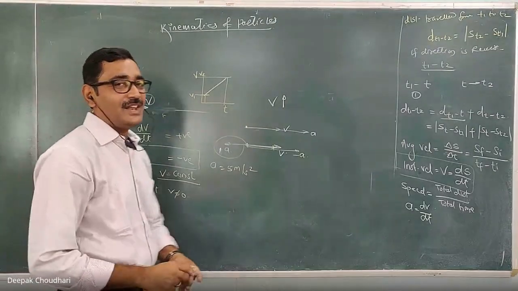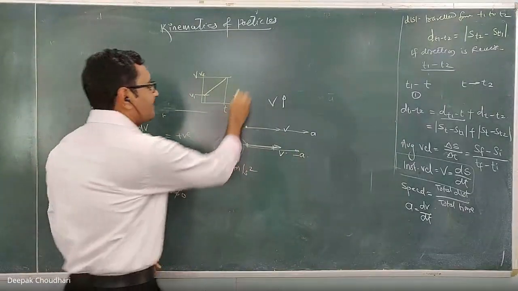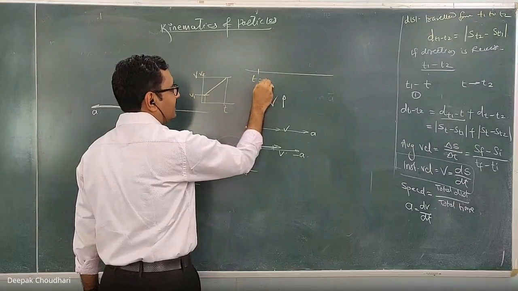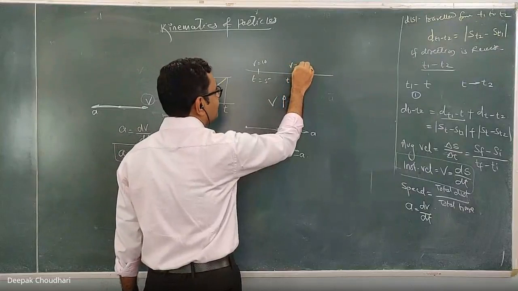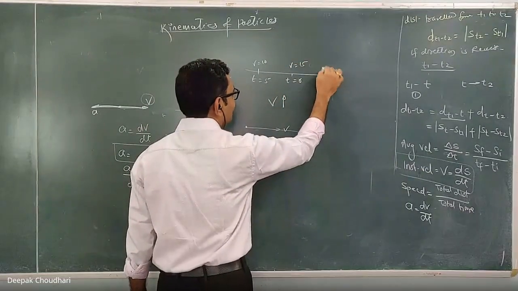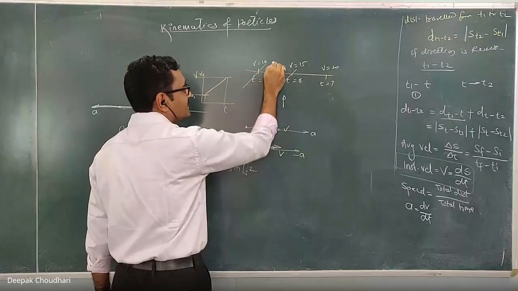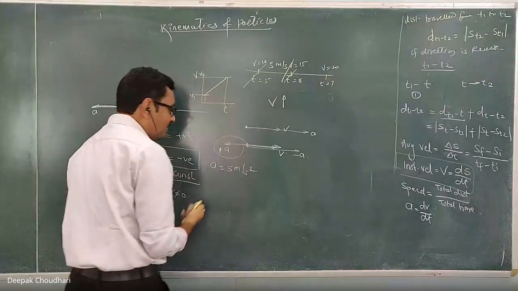Acceleration constant मतलब the rate at which the velocity is increasing, that rate is constant. Here velocity is changing at the rate of 5 meters per second. Means at t equal to 5 seconds, if the velocity is 10, and at t equal to 6, the velocity becomes 15. At t equal to 7, the velocity becomes 20. Means for every second, how much is the change in velocity? 5 meters per second, per second. So the acceleration becomes 5 meters per second square.